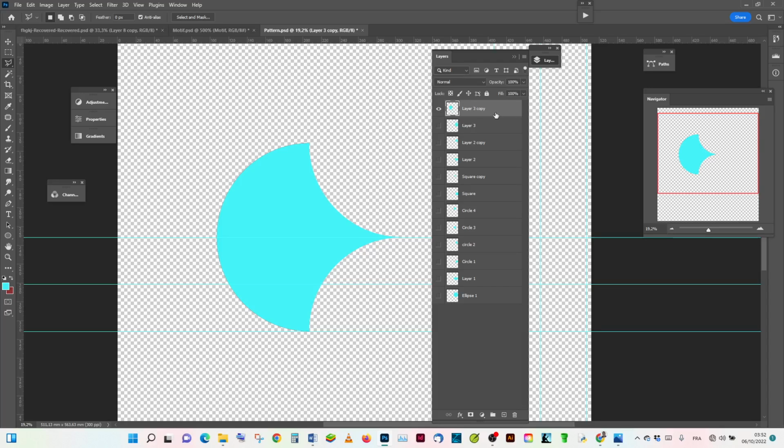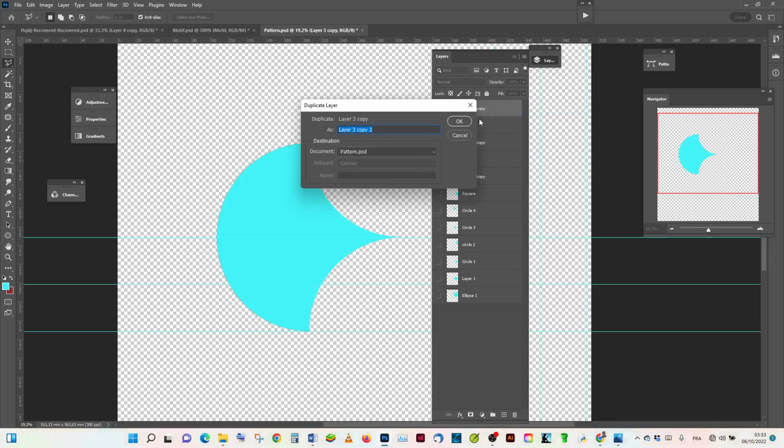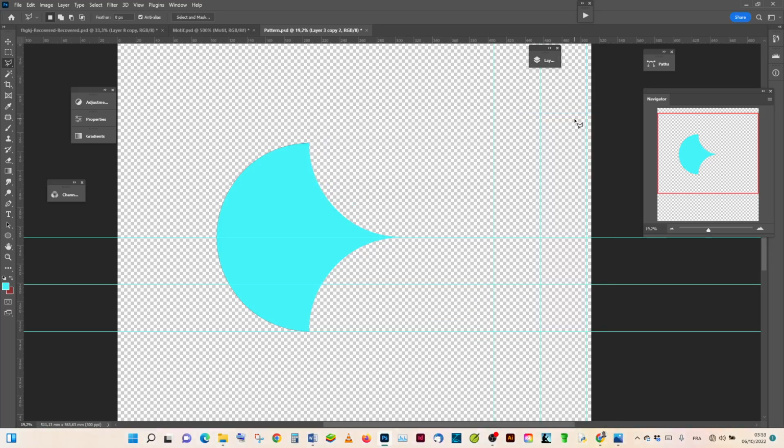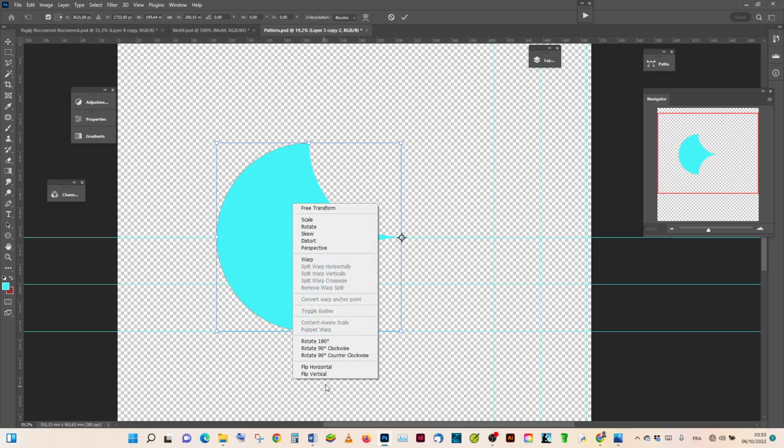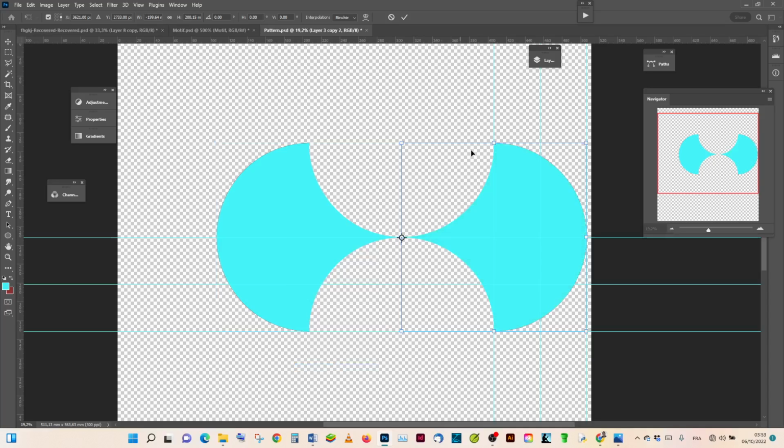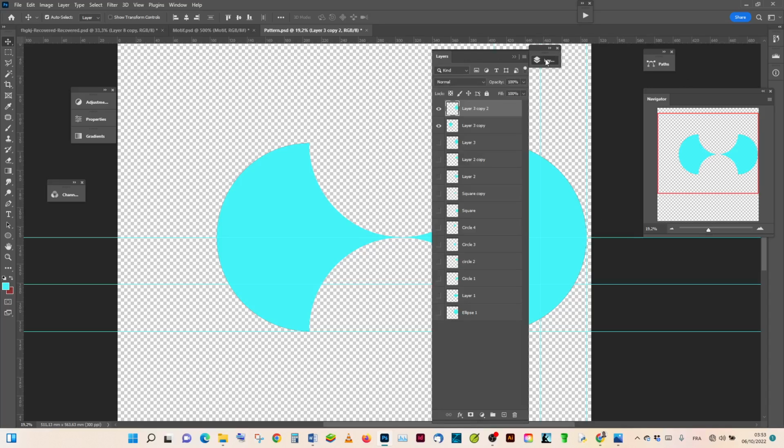So let me duplicate the layer and then press Ctrl+T. I'm going to the move tool, Ctrl+T here. Then I will place the reference point this side, right click and say flip horizontal to have my other element here. So we're seeing that we can now click and select the two objects, then duplicate,